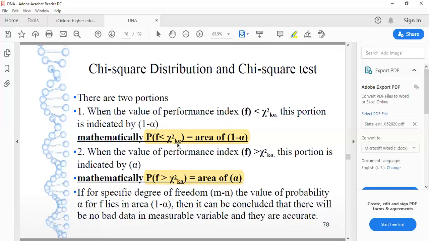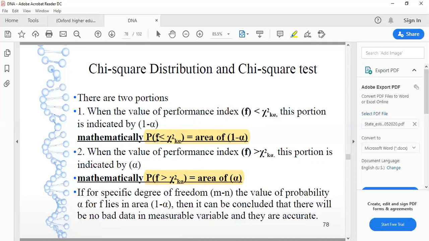So over here, the level of performance index or chi-square will be defined based on two things. One is k. K stands for degree of freedom. And what is alpha? Alpha will be the selection based on the performance of measurement devices or instruments. So if we know the value of alpha and k, then the value of chi-square is known to us. By the mathematical formula, as we discussed previously, it is capital sigma i equals 1 to m, zeta square divided by small sigma square, from which we can derive the performance index f.